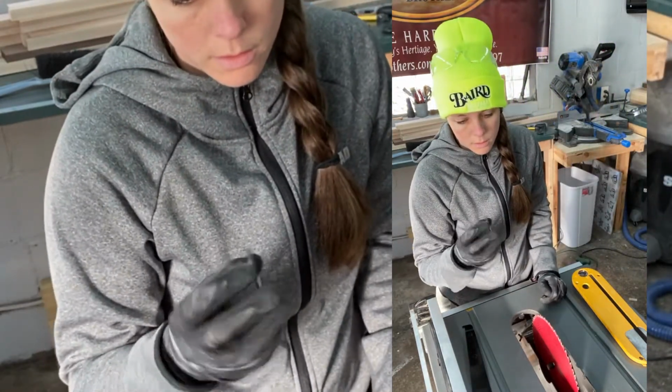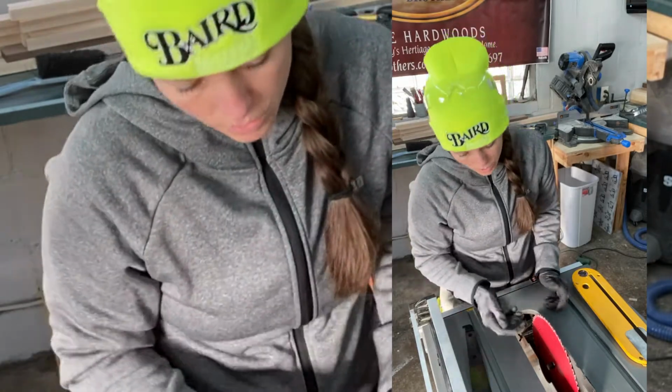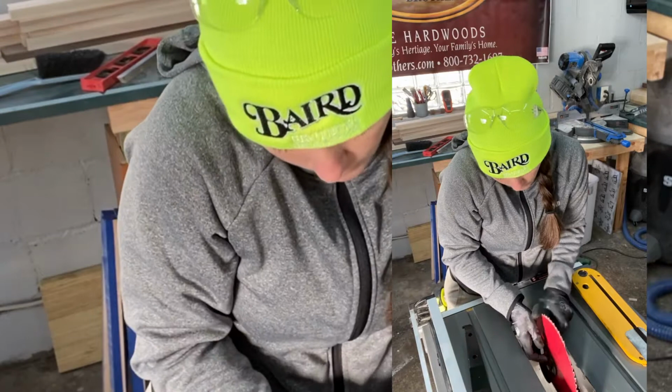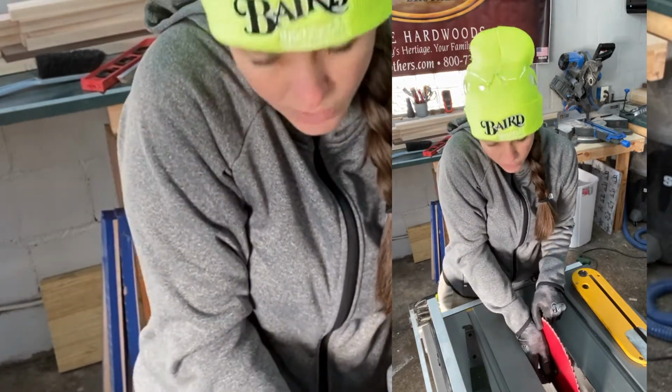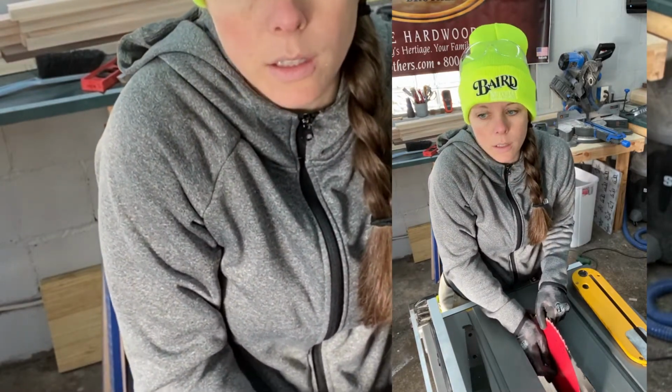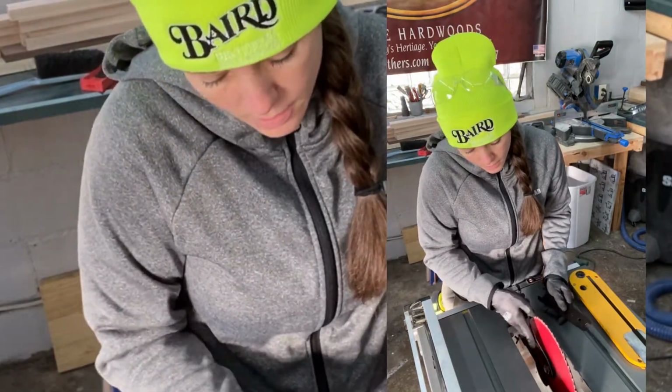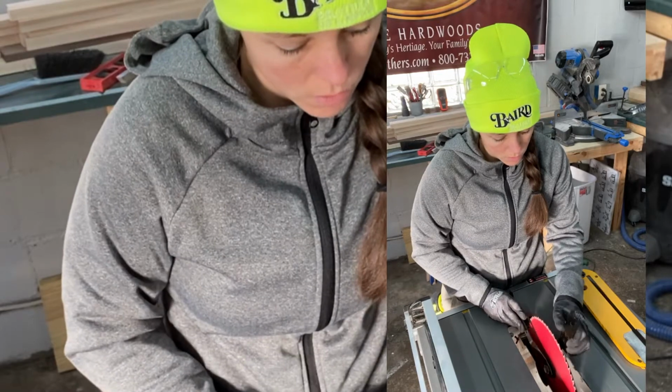Replace this big washer looking thing. And then do the first couple twists, you can do most of the tightening by hand, pretty much almost all the way. Then put your two tools back on, and you're gonna be pushing away from you